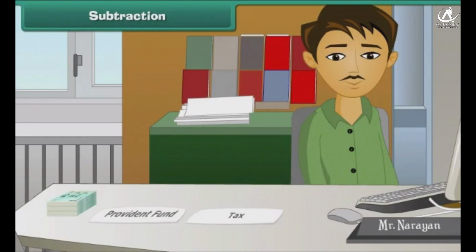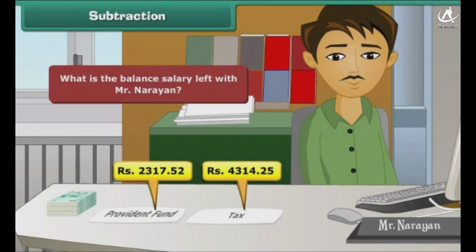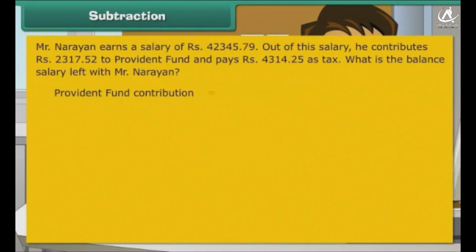Subtraction. Mr. Narayan earns a salary of rupees 42,345.79. Out of this salary, he contributes rupees 2,317.52 to Provident Fund and pays rupees 4,314.25 as tax. What is the balance salary left with Mr. Narayan? Provident Fund contribution is rupees